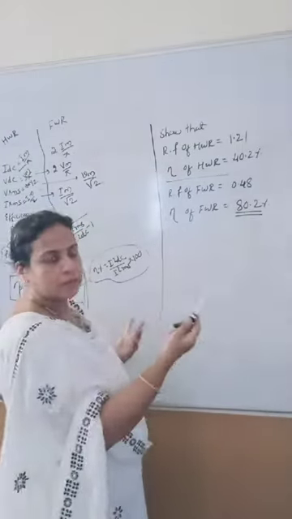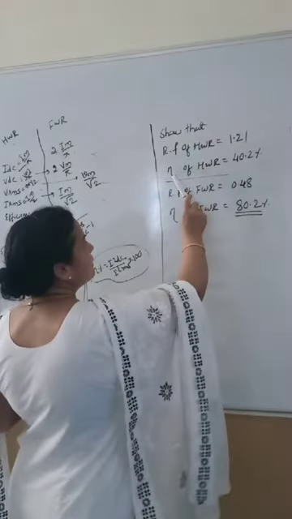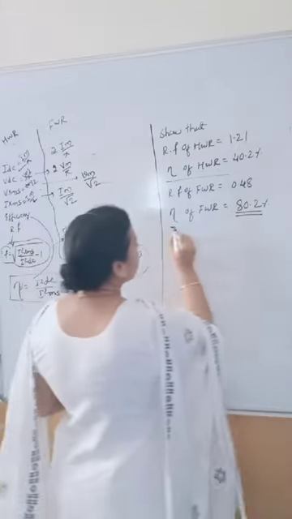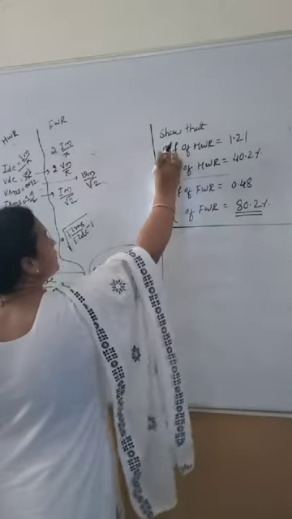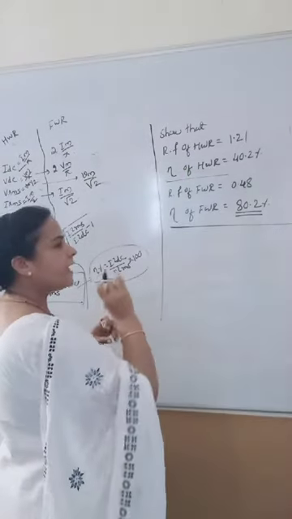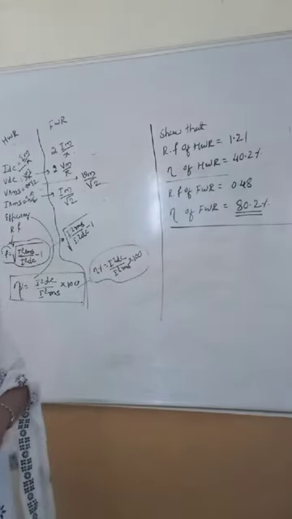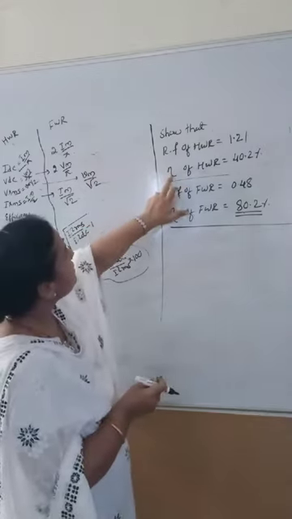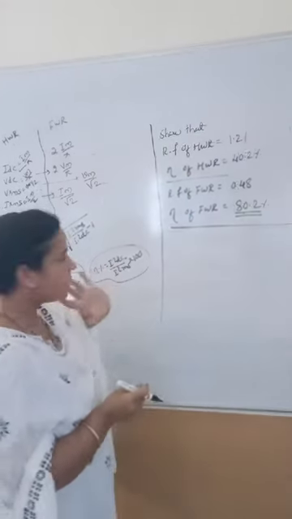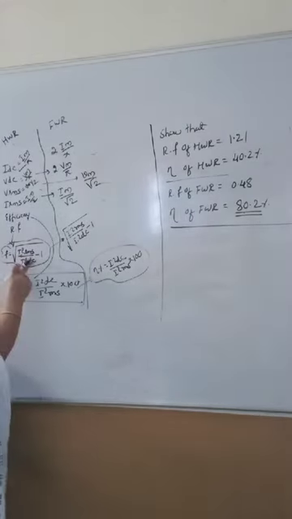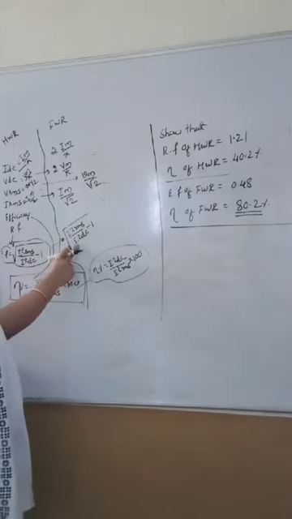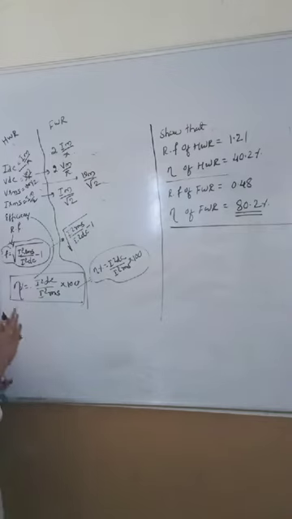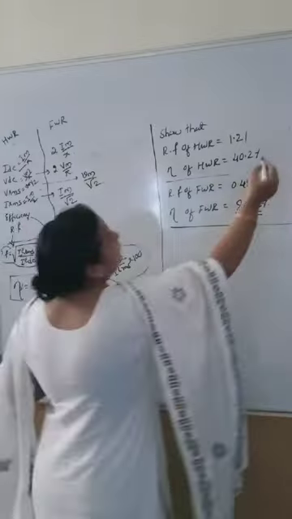Prove that or show that the ripple factor of a half wave rectifier is so much, and so on, all these values are like this. For this, what should be done? Very clearly, you need not go for the derivations of equations for ripple factor and efficiency. Directly write down the equations you have for ripple factor and efficiency. The ripple factor and efficiency equations are the same for both half wave and full wave rectifiers. First we will go for proving this, right?